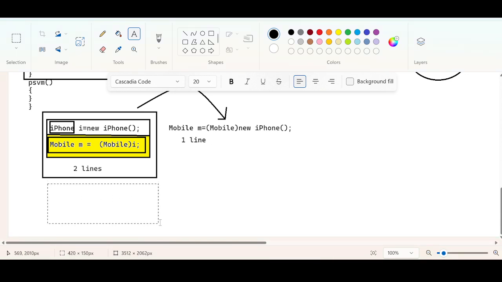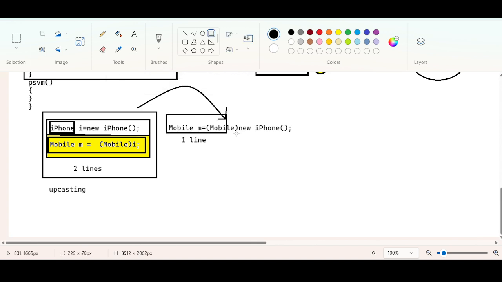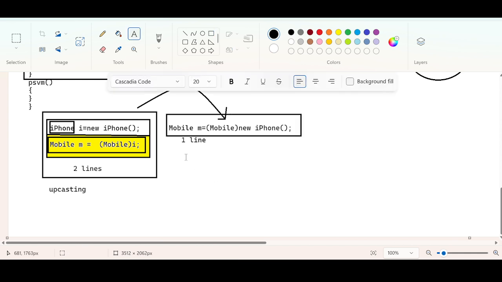What is this part called? What does this topic is all about? Upcasting, right? All about upcasting. And this one line is so powerful enough to be called upcasting. Both are the same. When you talk about upcasting, you're talking about the conversion from the subclass type to the superclass type.